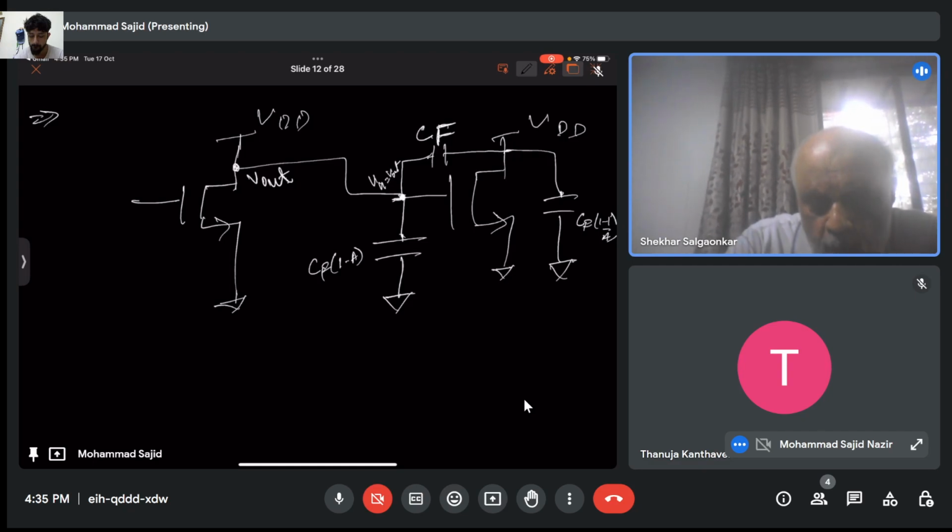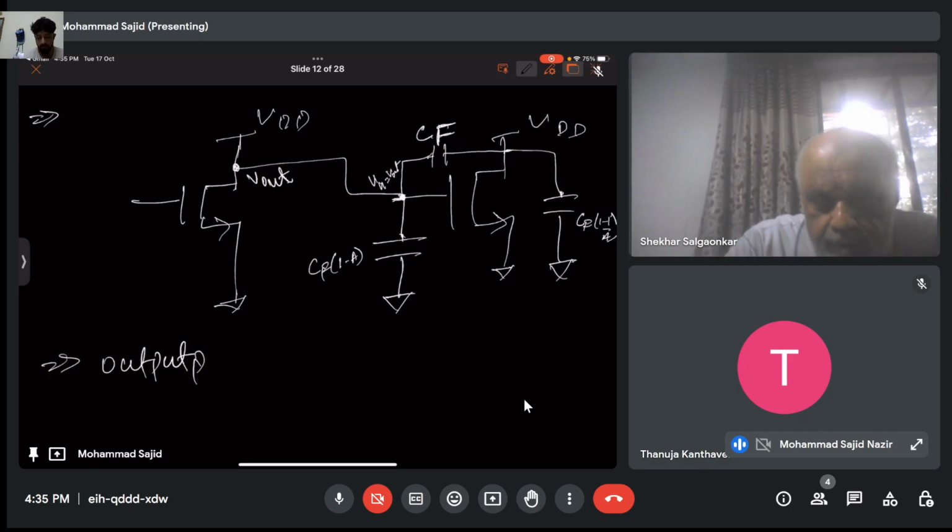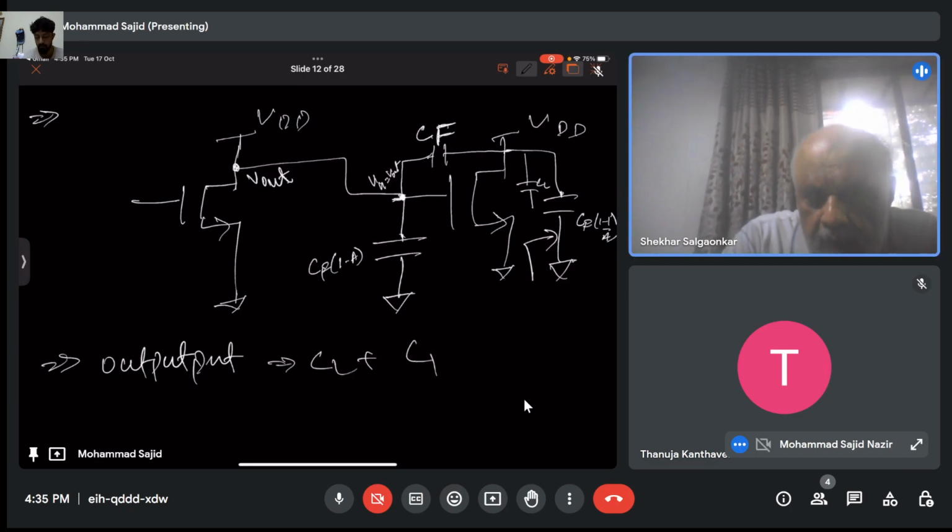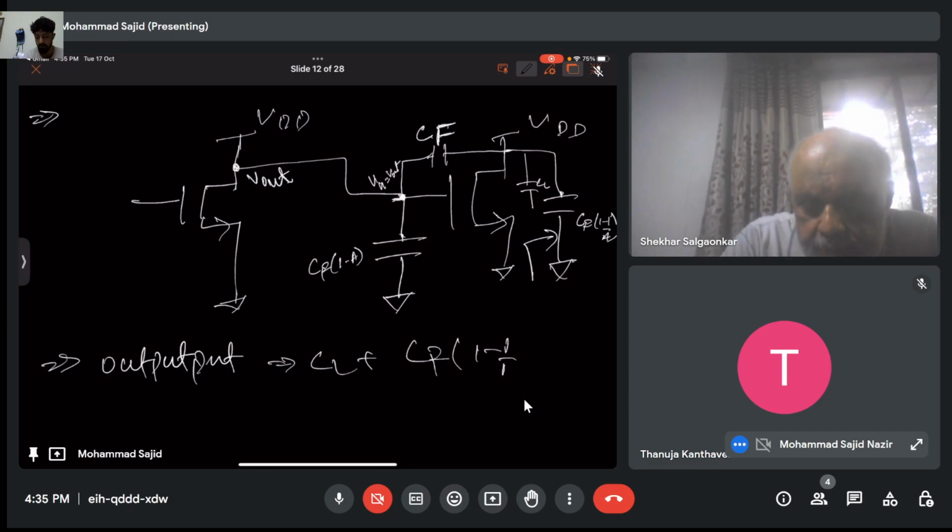Sir, my point was that many a time I get confused about how to calculate the output capacitance. If you look at it from the output side, say you have RD1 and RD2 at the drain part of the circuit, the output capacitance will be simply this one. If there is already some other capacitance, CL, connected here, that gets added up, so it will be simply CL plus this Miller capacitance. That is simple like this.